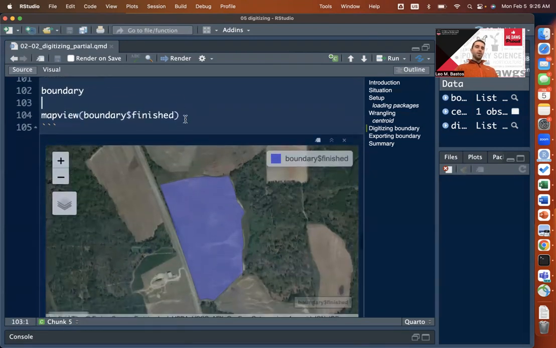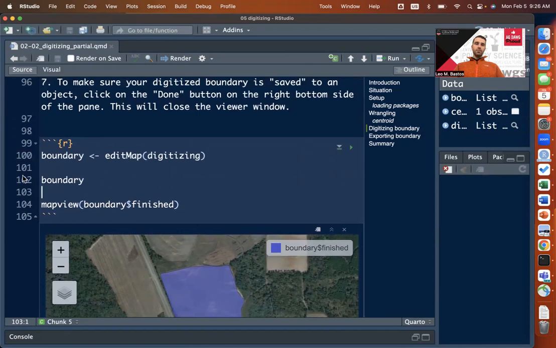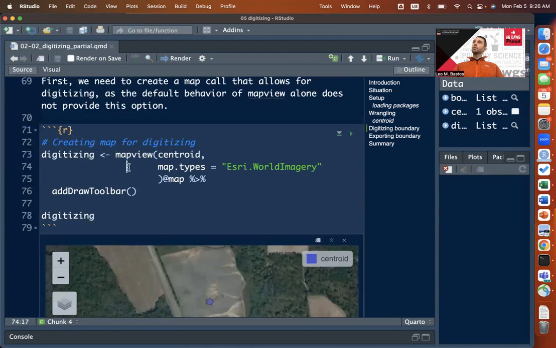Okay, let me just take a moment here and ask, was anyone not able to draw this? You were not, Ujjwal? I have an error on the previous step, on creating the map for digitizing. On this one? Yeah. What is it telling? Error in evaluation. Argument is missing. So did you include this after? Okay. It was running when I ran the first time, and I ran it again, and